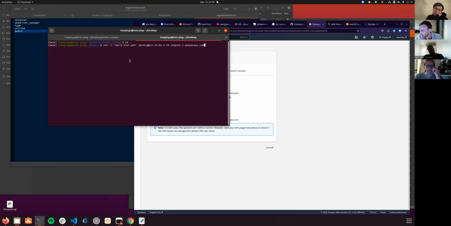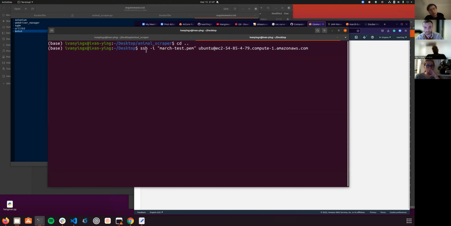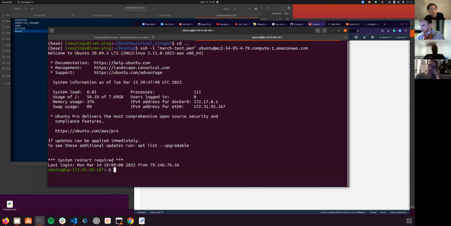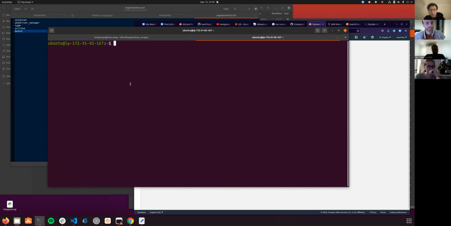And yeah, I just moved to desktop, by the way, because that's where my March test PEM should be. Good. Now we're here. Docker should be installed from yesterday. Docker --version, and yeah, Docker is installed. And now let's go. Can you tell me what would happen if I just try to run? Oh, sorry. Sudo docker